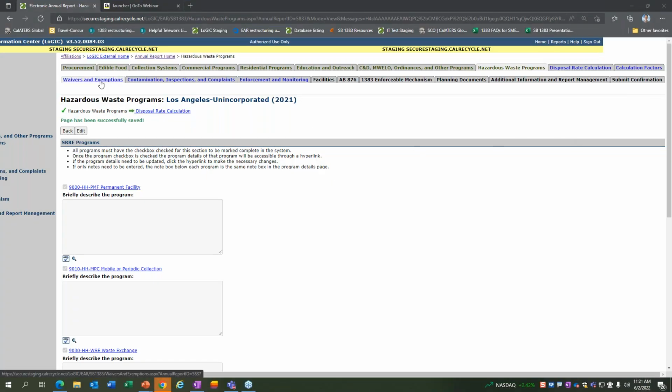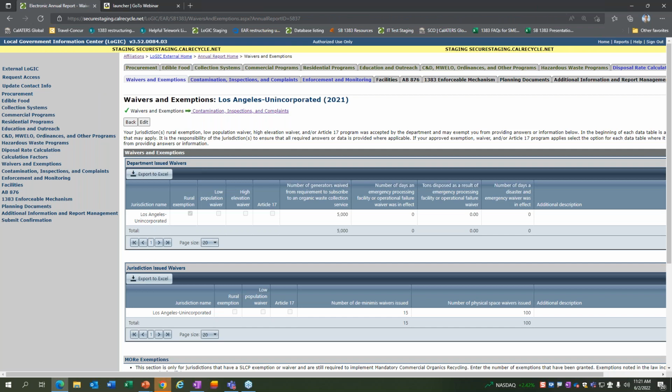All right, so we're going to move over to waivers and exemptions. So we have it split between, I know someone was asking about this before, these first 2 grids deal with SLCP, and then you can't quite see it, and I won't scroll down, but I will in a moment, we have the more exemptions. Because of the limitations of our systems, we still had to include all the parts because SLCP does not necessarily take over for all jurisdictions, so we still had to include more exemptions, but most of the time, I think as it comes to physical space and de minimis, you'll be reporting in the SLCP jurisdiction issues waivers,